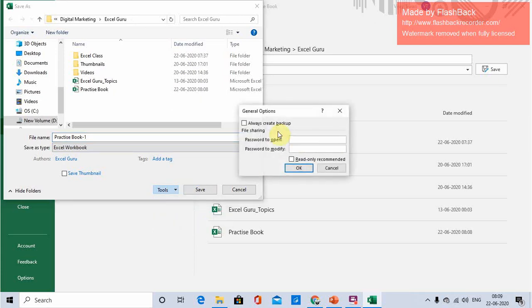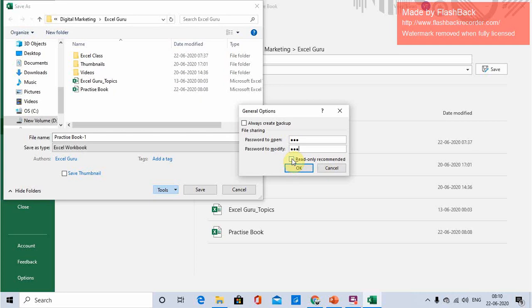In general options there is one check, always create a backup. If you click on this, it will create a backup. And it will ask for the password. Suppose I have entered the password and re-entered it. It will ask about read only recommended. If you check this, it will open as read only. He can see the content, but he won't be able to change it.